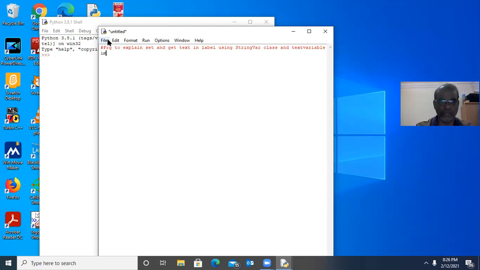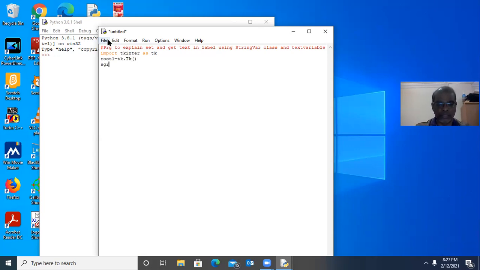Now, as usual, we must import tkinter as tk. We have to create one top level window, tk.Tk(), which is used to create a new top level window.